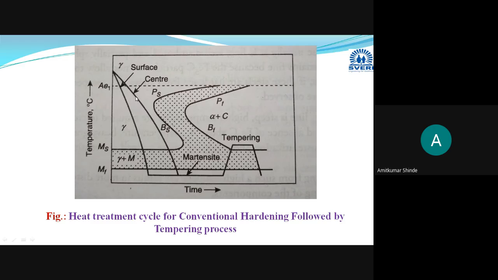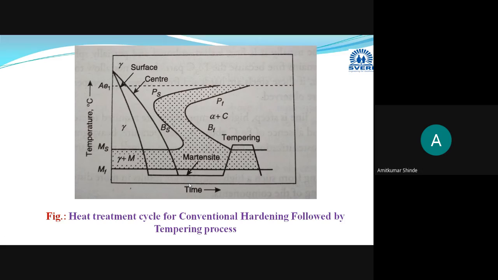Here approximately 900 degrees Celsius temperature will be there, and it will be cooled directly to room temperature, suppose 25 or 23 degrees Celsius. Then due to this large temperature change within a very short time span, thermal stresses will get created in that component. Some cracks may get created in that